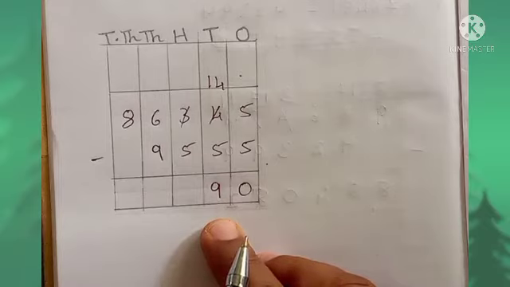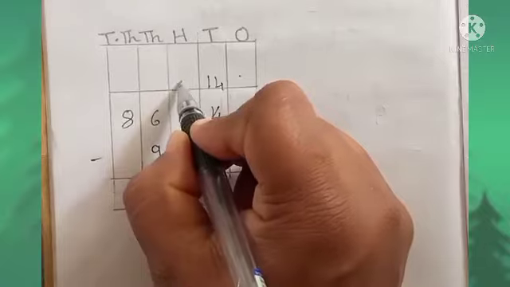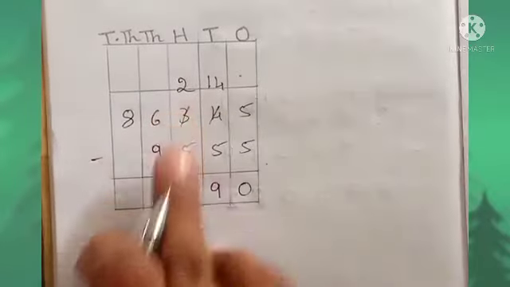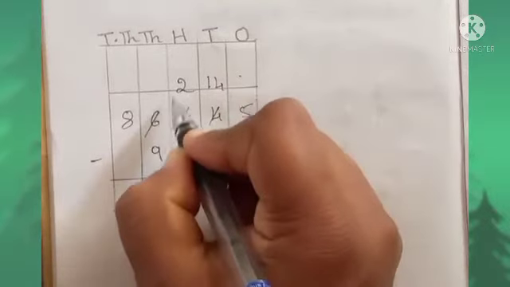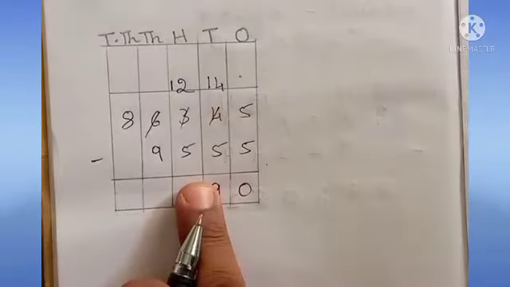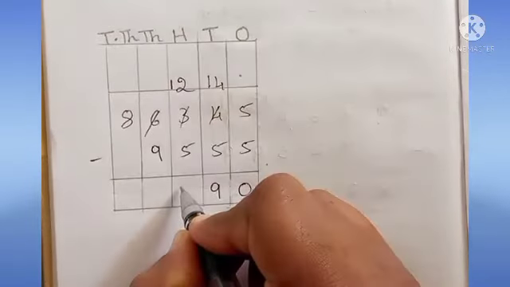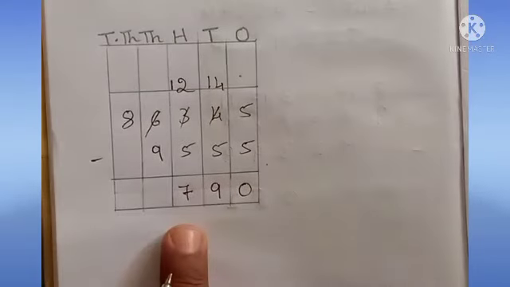Isn't it? Do you get 9, dear children? Yes. So now how much is remaining here? 2 is remaining. In 2 can you minus 5? No. What you should do? Borrow 1 from here. So this will become 12. 12 minus 5, how much, dear children? Yes, 7. How much you'll get?